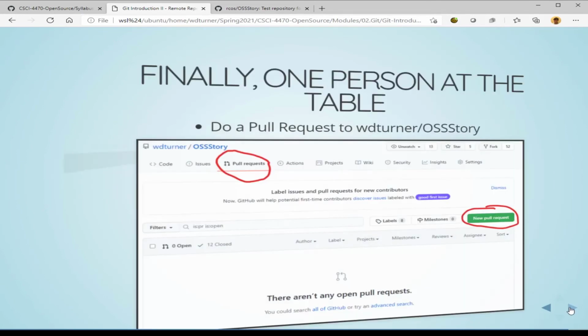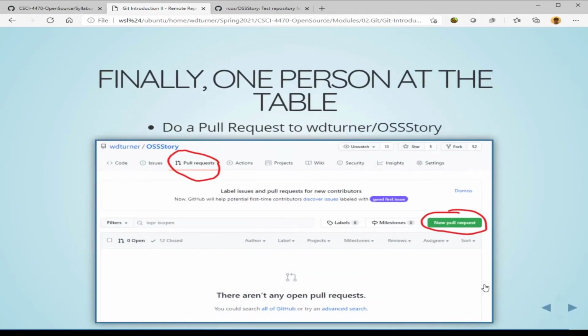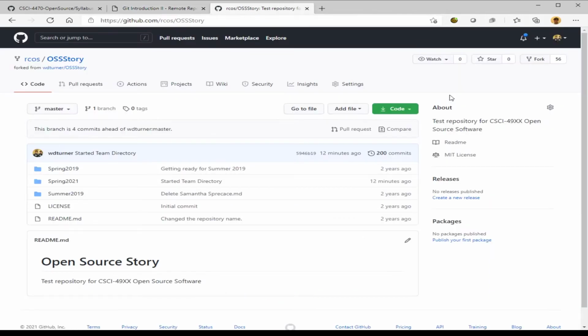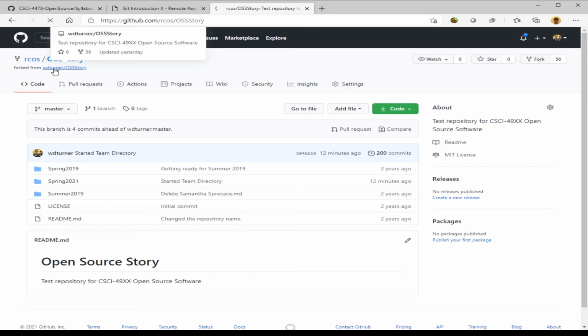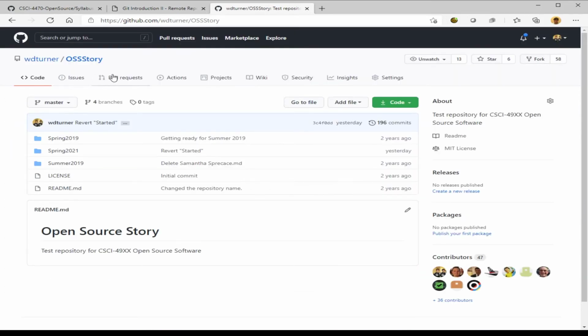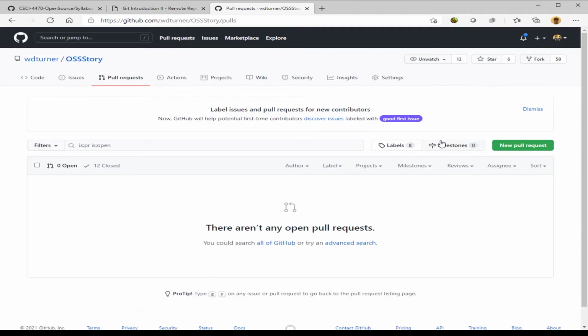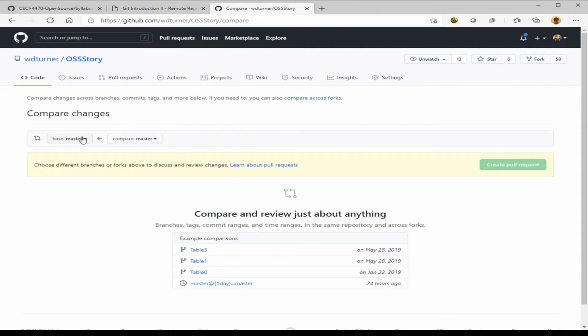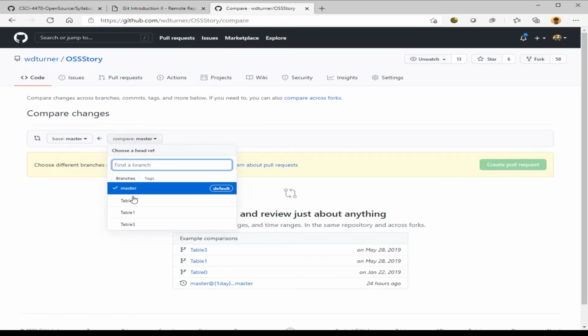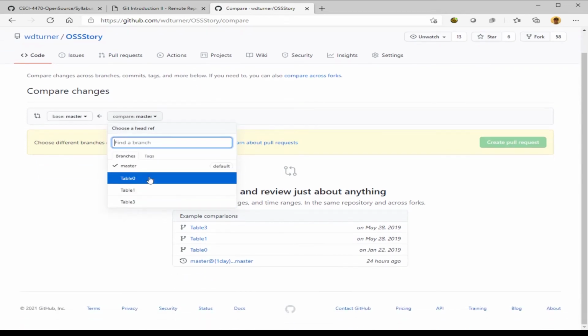Finally, the part that I wanted to get to was making a pull request. This should be done once you've collaborated on getting your story written to the extent you need it written. You should do a pull request to my repository. So come into my repository, WD Turner at OSS Story, and generate a pull request. Click up here for a pull request, do a new pull request, and pull from base master into